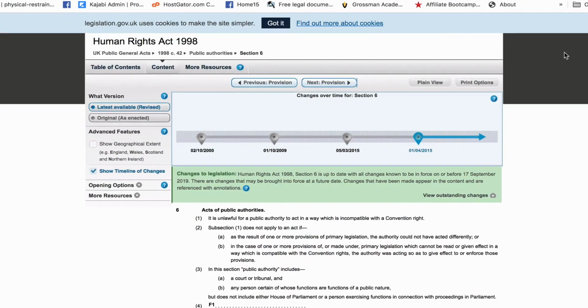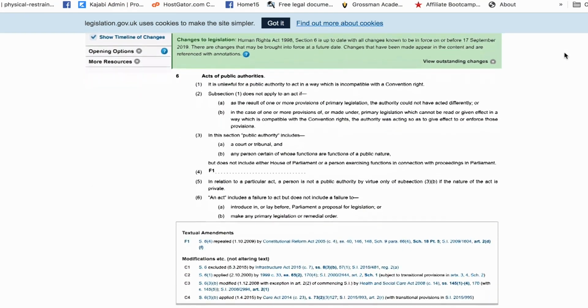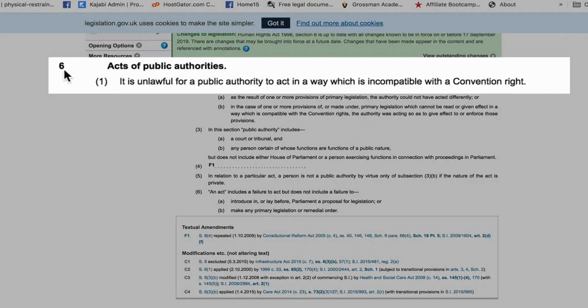This is the Human Rights Act, 1998, and if you look at section 6 here, this is law, statute. It says here, acts of public authorities. And under section 6, part 1, it says, it is unlawful for a public authority to act in any way which is incompatible with a convention right. So if Article 2.1 of the Human Rights Act was used to promote and preserve someone's right to life, and someone said that someone couldn't do something that would enable them to do that, then that public authority, be it a direct public authority or a quasi one, so it's a private company acting as a public authority, would be acting incompatibly with the convention right.